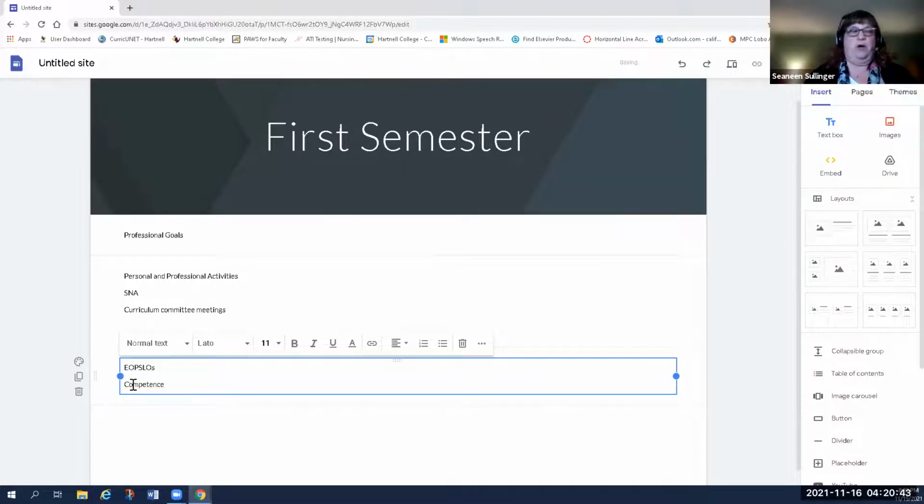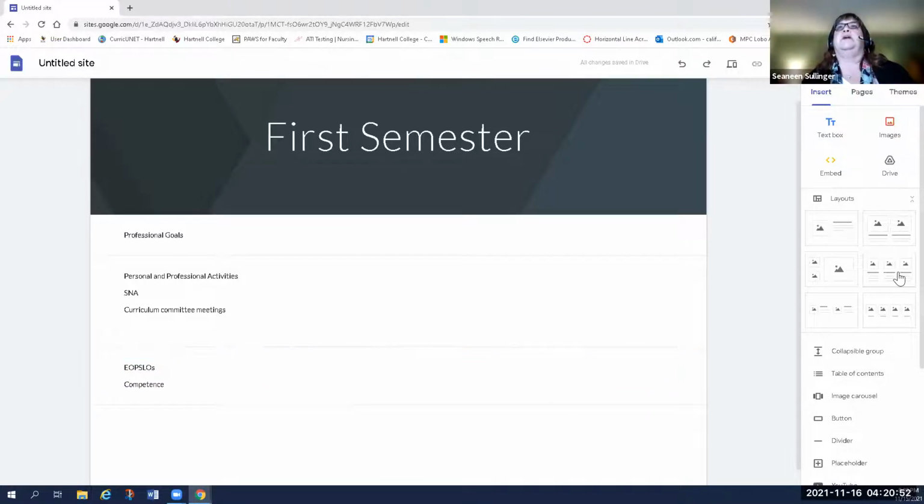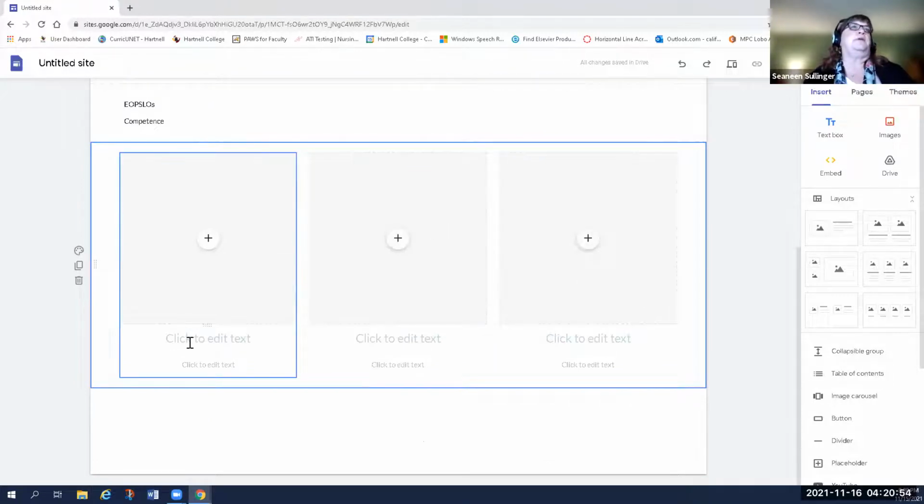Do that right. There we go. Competence. And then you want your skills checklists, right? You want to upload some of your skills checklists. So all I've done is a text box. And then if I want to upload some skills checklists, bam,